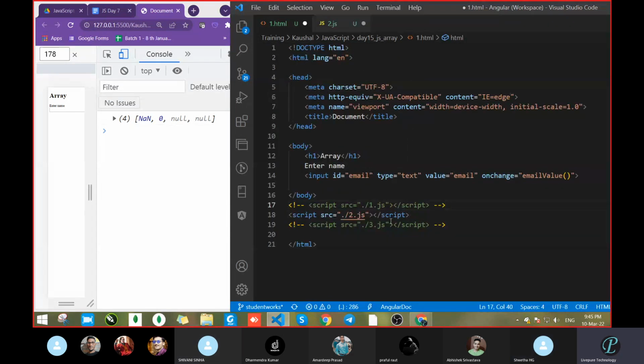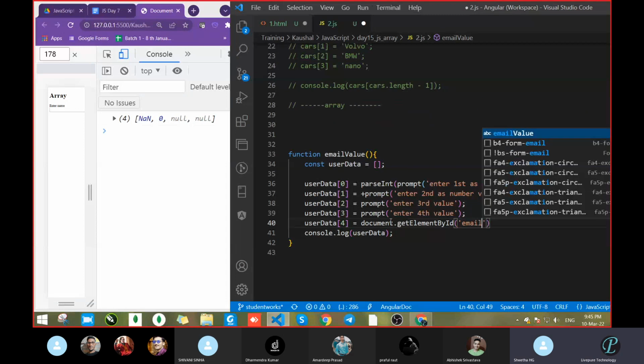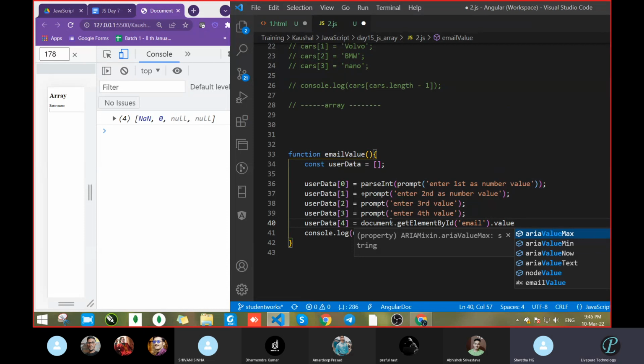What is the ID name? The ID is email. So pass email, and then dot value. No, not innerHTML, that will be value actually. After that, we can pass value.